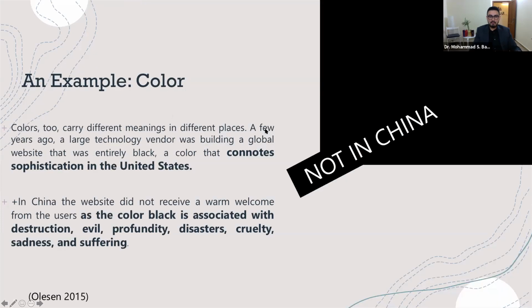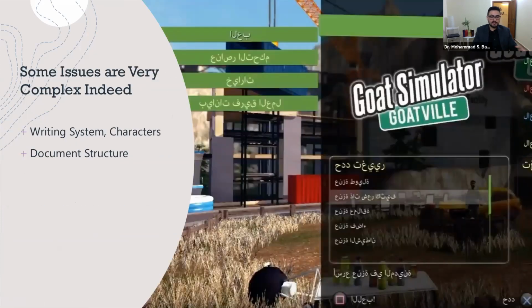This is about colors and symbols and things that are not very complicated, but we have some issues that are very complex in localization. This includes writing systems, characters, Unicode, coding, and document structure. For example, this screenshot was taken from one of the well-known video games, and I downloaded this from